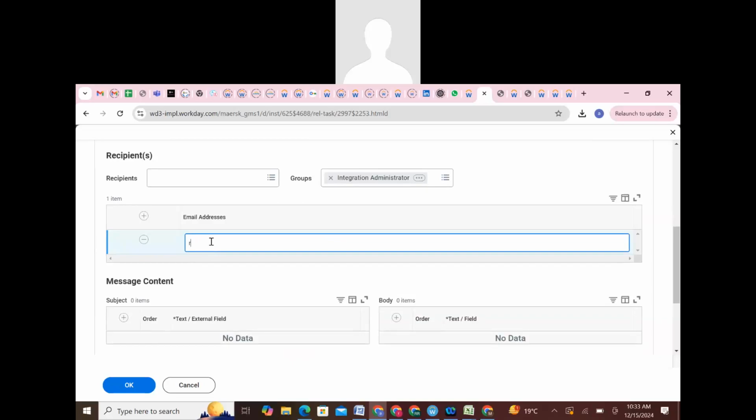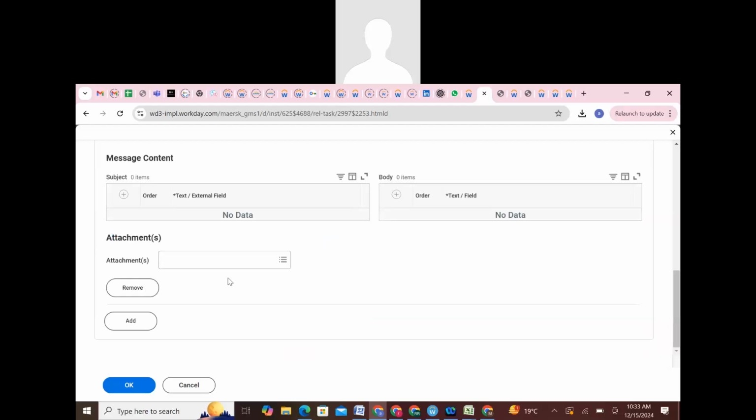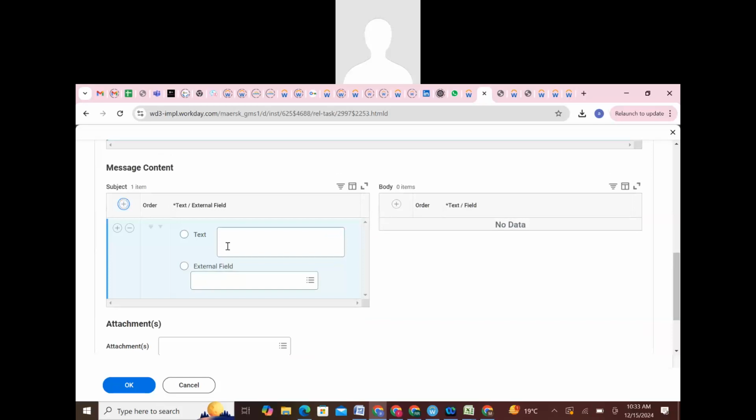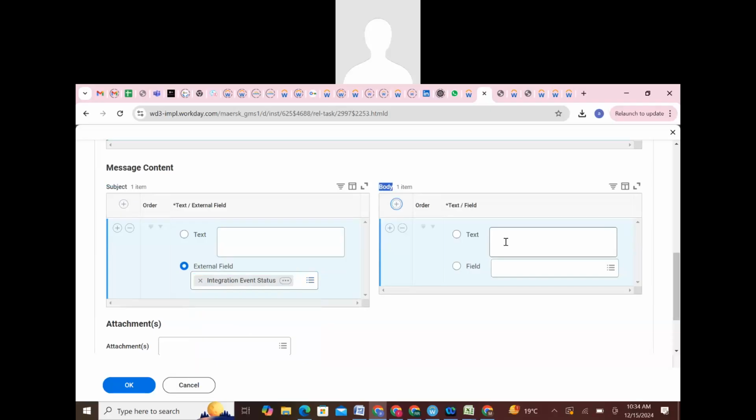Okay. If we want to send a notification to a specific employee, we can send to a specific mail, guys. For example, raja@gmail.com. This Gmail will receive a notification whenever it completes with the status. Okay. So what is the message content we want to send? This is the free text. These are the fields, guys, like integration status, integration event status. What is the status, compared with the errors, warnings, right? So that status will be sent as a subject, guys. This is the body. If we want to print it as a body,